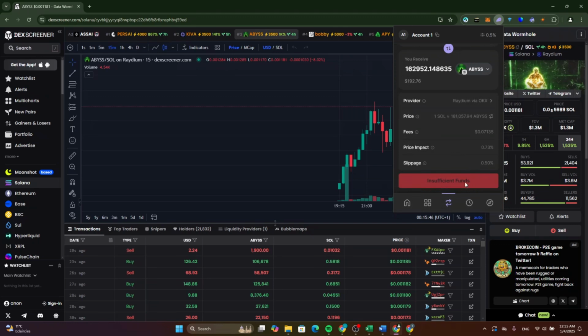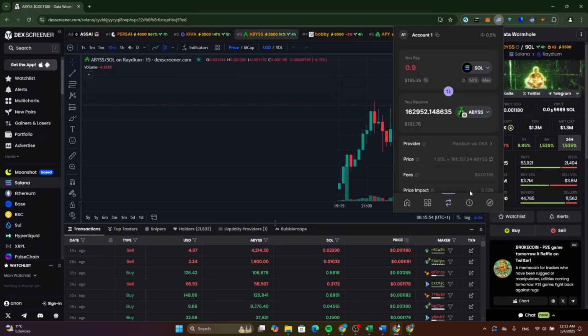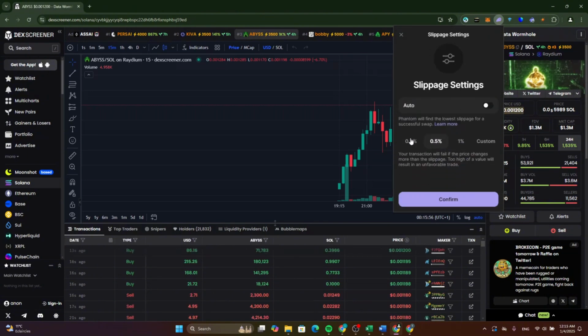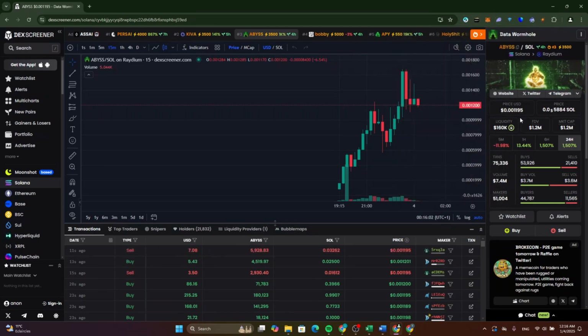Make sure to read all of this information here, and if you are ready to go, just click on swap and you will be redirected to the OKX provider page to complete the buy process. If you face any issues, just go back to this page and switch the slippage from here and customize it. After that, you will be able to buy this token without any issue. So this is how to buy the